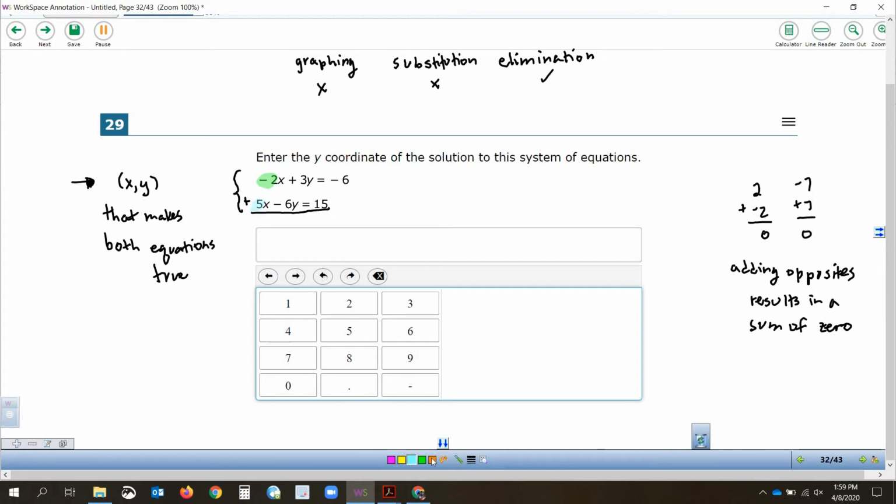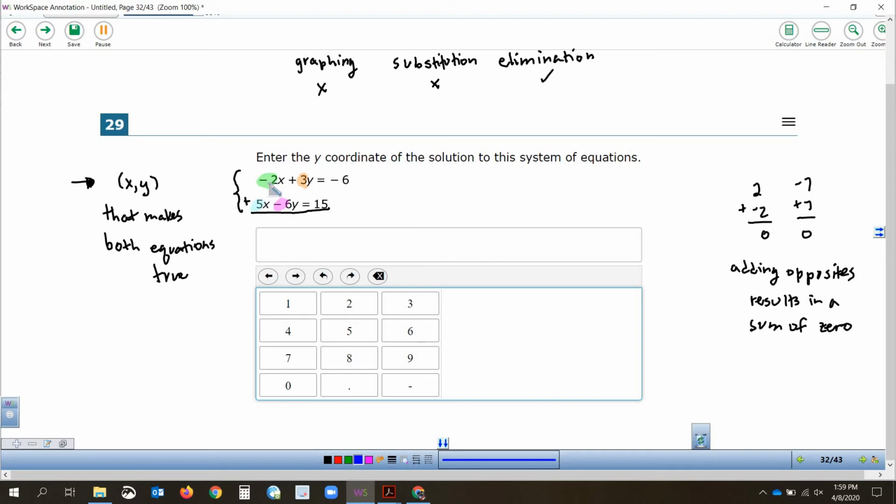Let's take a look right here at this one. What's the coefficient in front of the first y? It's 3. What's the coefficient in front of the second y? It's -6. If I add those together, will I get 0? No. But we have learned that you can actually then use multiplication, if you don't actually have opposites, to